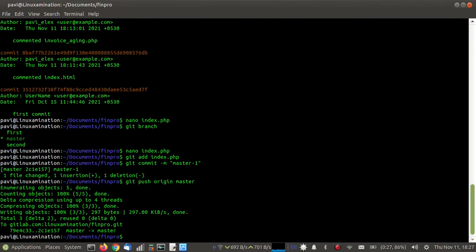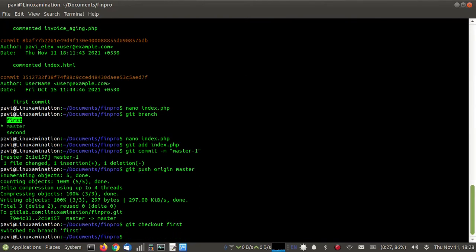Now again I want my branch to be the same as this branch. So the change I have just made should be removed. I'm going to shift to the other branch, that is first. Then I'm going to merge with strategy ours.